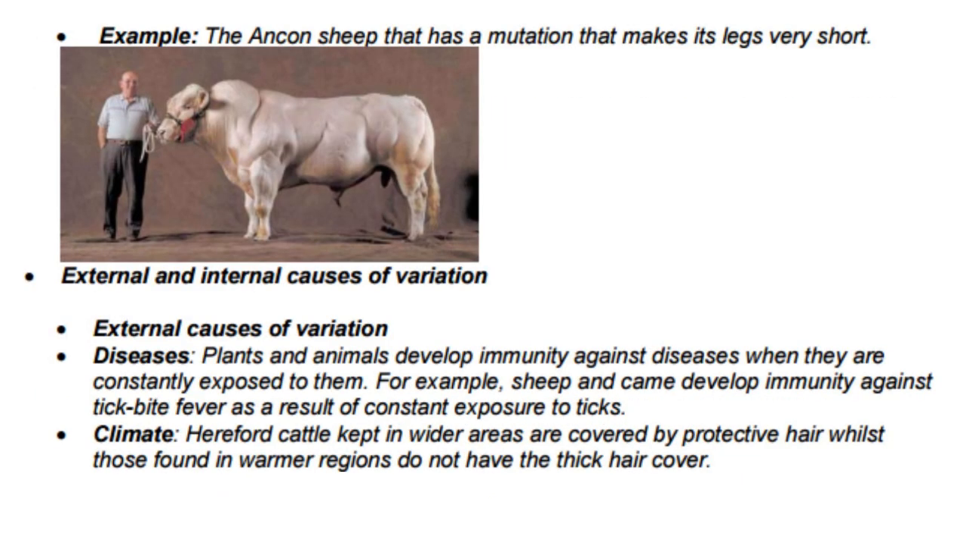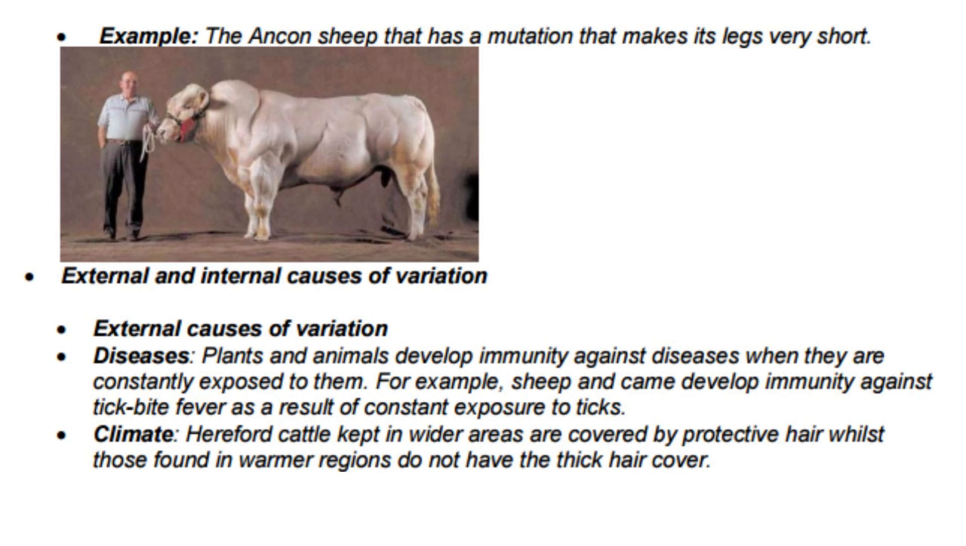Example: the Ancon sheep that has a mutation that makes its legs very short. External and internal causes of variation. External causes of variation. Diseases: plants and animals develop immunity against diseases when they are constantly exposed to them. For example, sheep and cane develop immunity against tick bite fever as a result of constant